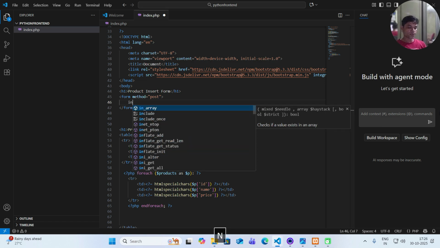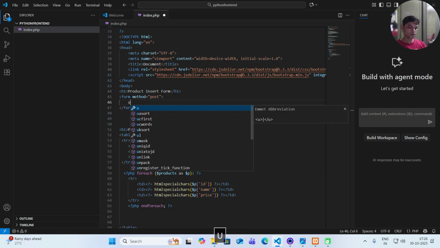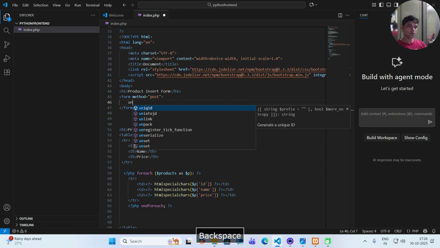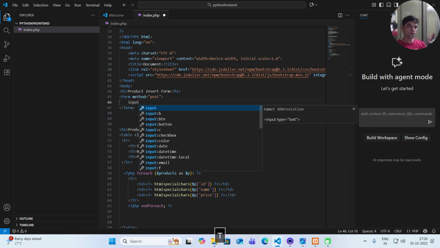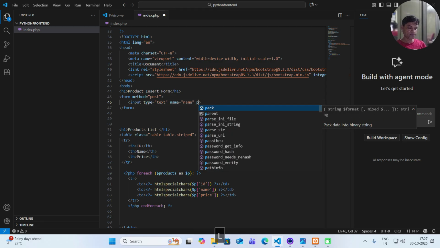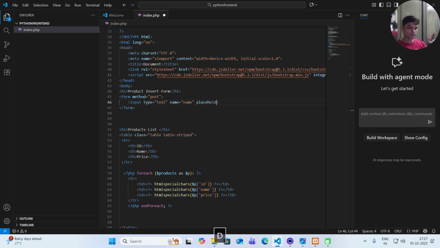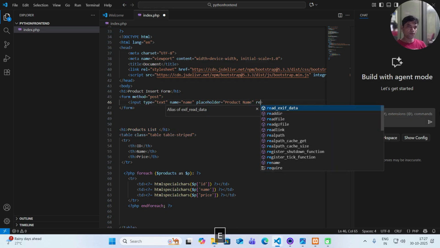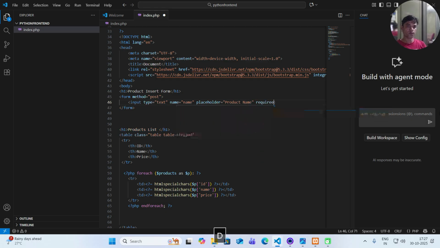Now we create two text boxes. Input type equals text, name equals name because our field is name. We give a placeholder, product name, that will be displayed on the screen, and we specify a required parameter, so the user cannot go without inserting the